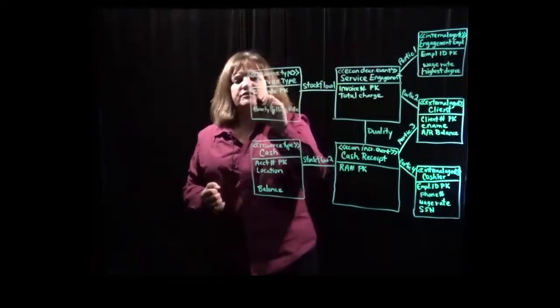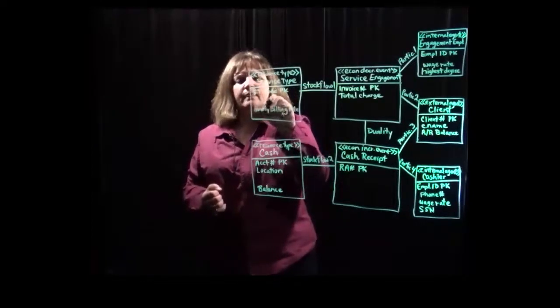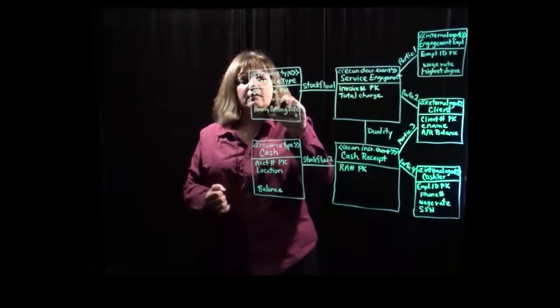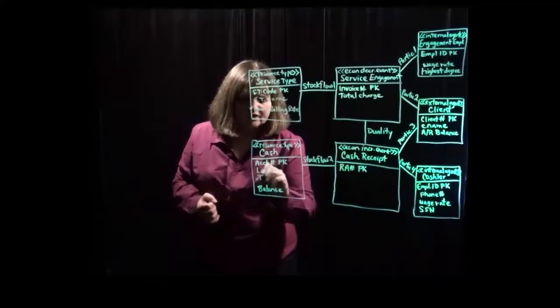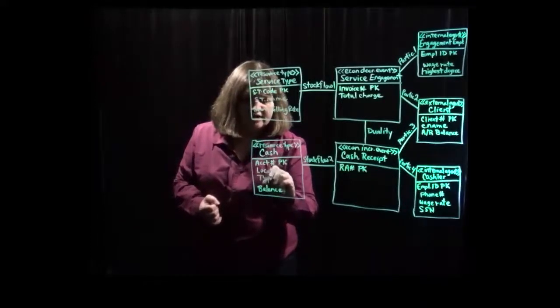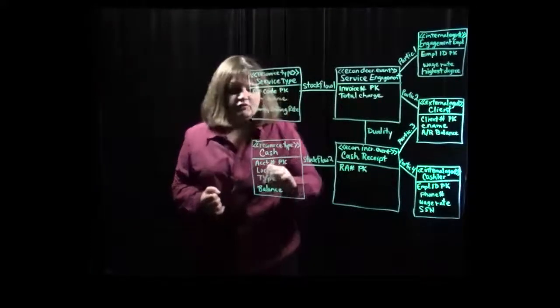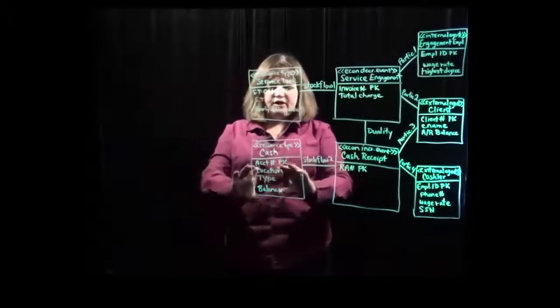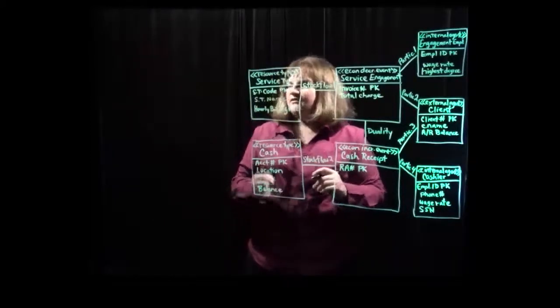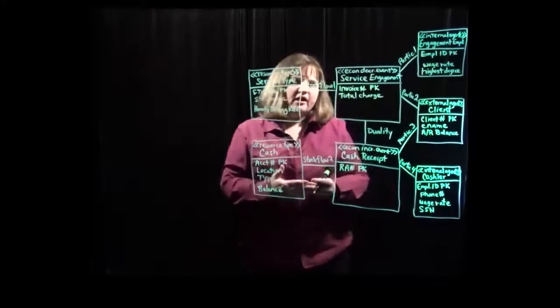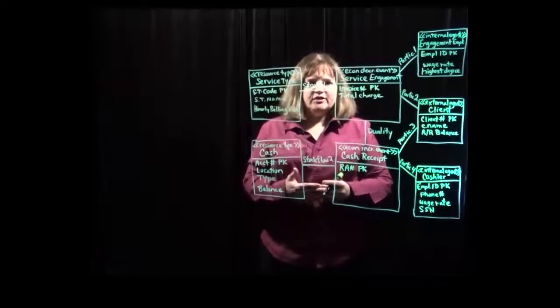And the next one is the service type name. And then we have the type of cash account, whether it's checking or savings or some other type of cash account. We're going to keep track of that there in the cash class. Okay, so we've accounted for every attribute on our list,